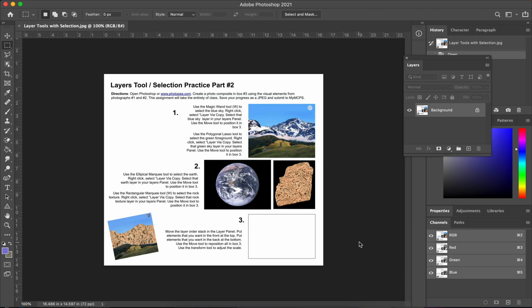Hi everyone, this is a tutorial to help you get through the Layers tool selection practice part 2. So this is going to show you how to work through it using Photoshop. However, the settings in Photopea are pretty similar, so you just want to look in the same areas that I'm showing you on Photoshop. The first thing you're going to want to do for your composite is to use the